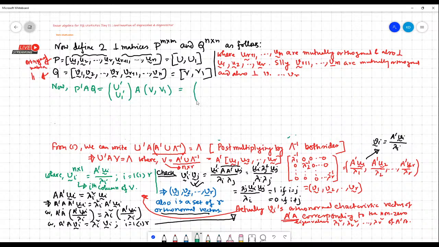So this equals U prime A V, U prime A V1, U1 prime A V, U1 prime A V1, where U prime A V is equal to